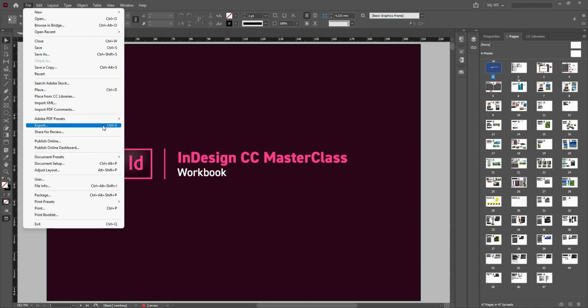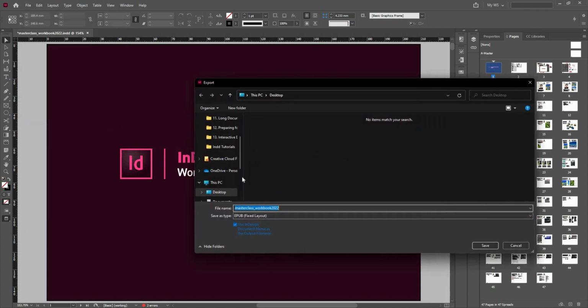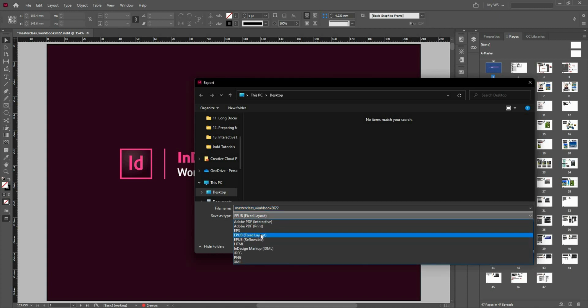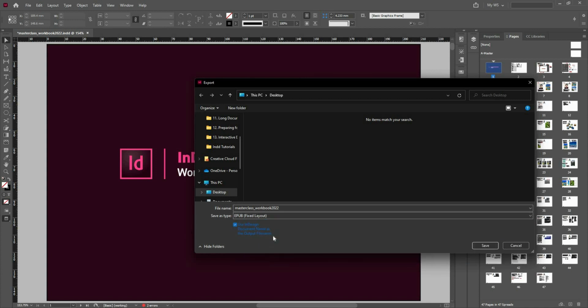File menu, give export, and I will use the EPUB fixed layout. I have two of them here, reflowable and fixed layout. Reflowable, I'll come back to that later, and there are limitations for both of these that you need to be aware of, but luckily both of them are supported here in InDesign. So if I choose fixed layout and click on save,